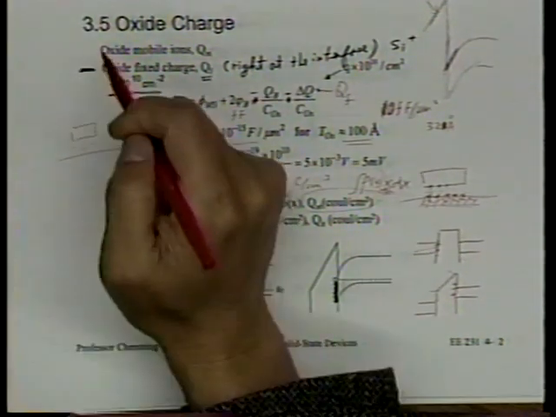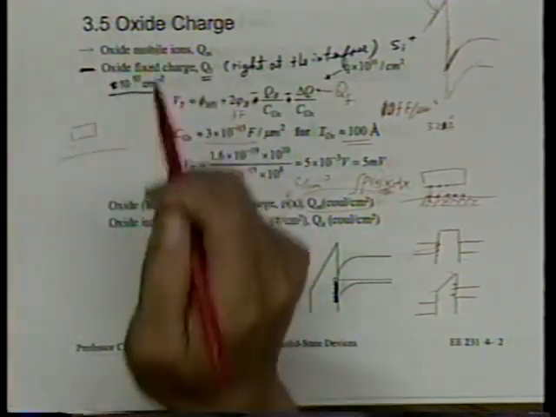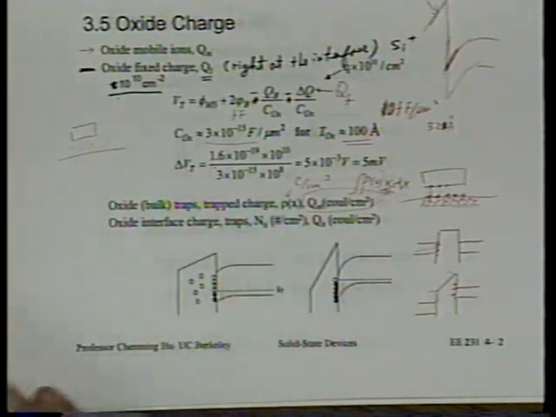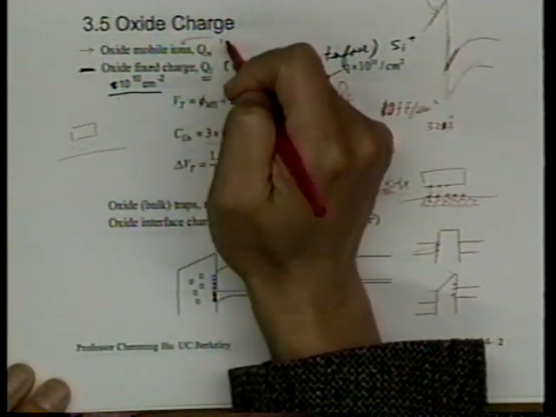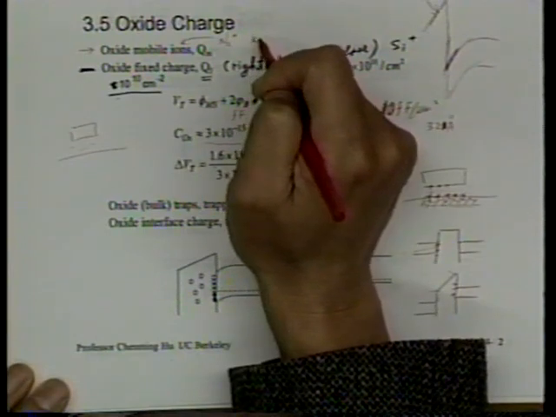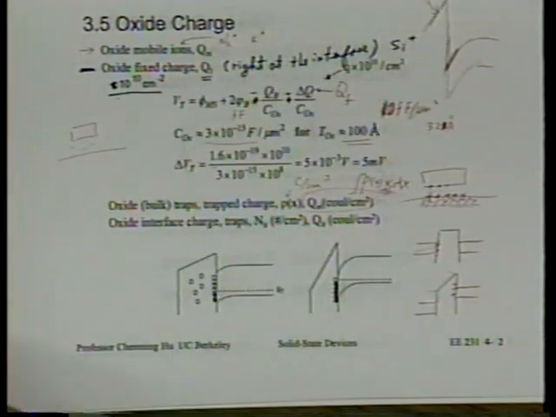Okay, let me go back to give you another example of a bulk charge, or wherever they can be. It's called a mobile charge, oxide mobile charge. Earlier on, there was a lot of debate about what's responsible for these mobile charges. Today, there's no question these are sodium ions, and sometimes people believe potassium ions also are present. Sodium ions